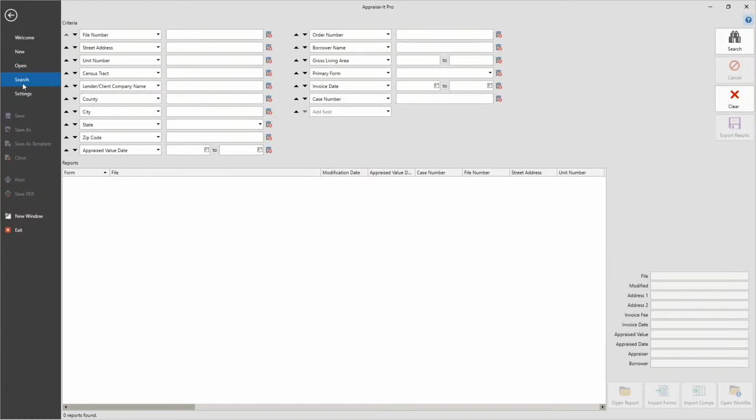Search. This is very similar to the file index in Appraise-It Classic. And if you type out a search term, it's an exclusionary search, okay? Meaning the more things you fill out here, the more narrow and targeted your search results are going to be, okay? So if I just type in here,